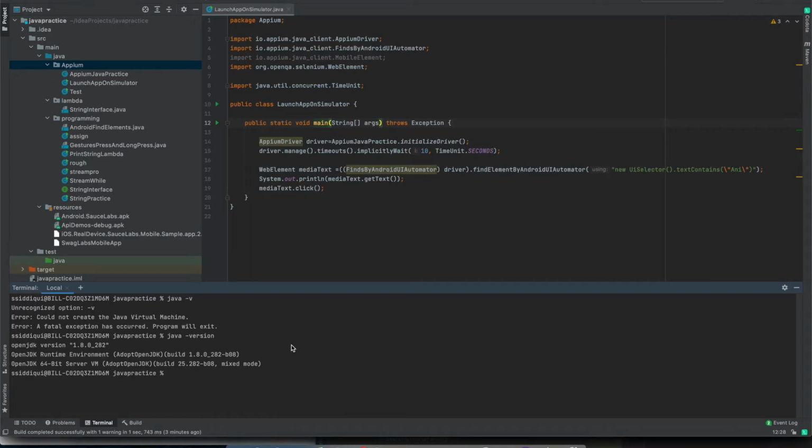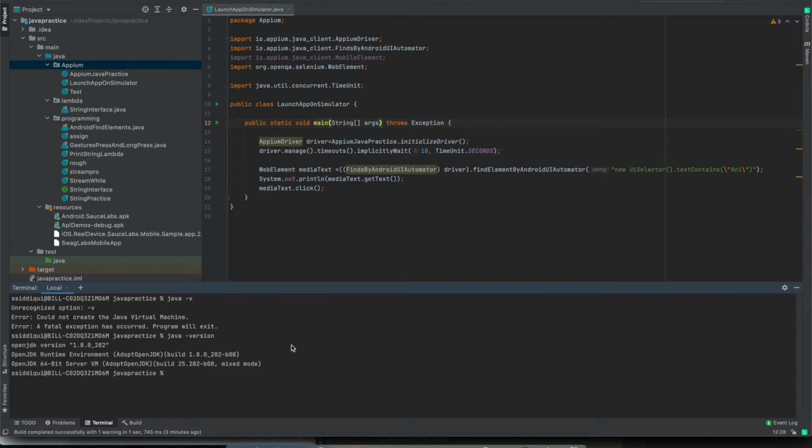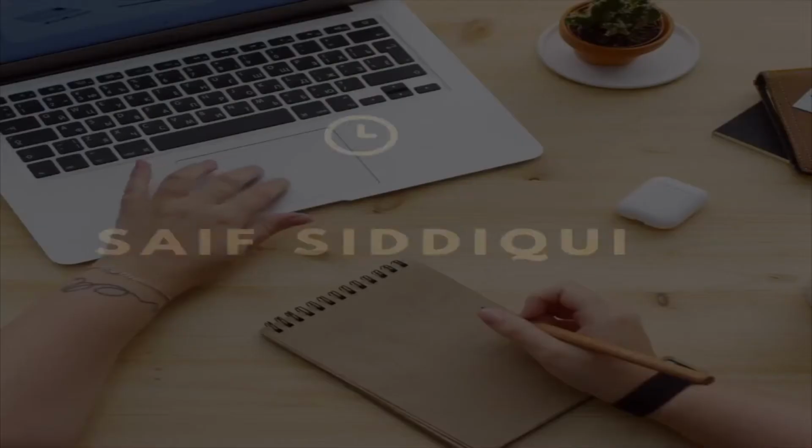So in this video we are going to see how we can switch from native view to web view while we are automating our application. Sometimes the situation may be like we want to identify the element and perform some actions on web view. So for this we need to design our code in such a way so that whatever element is present on the web view, we can click on them and we can perform certain actions. So do watch my video from beginning to end to understand deeply how we can switch from native view to web view.